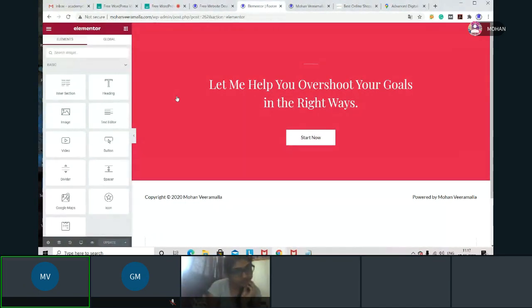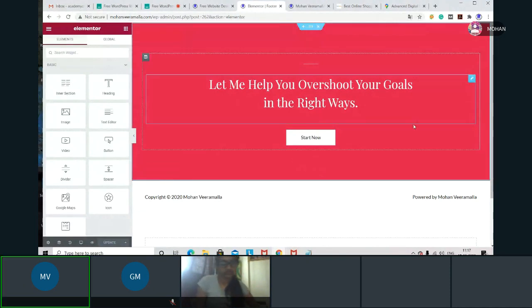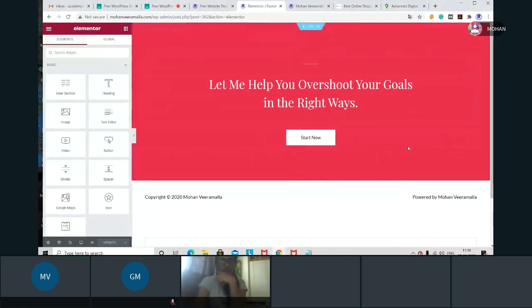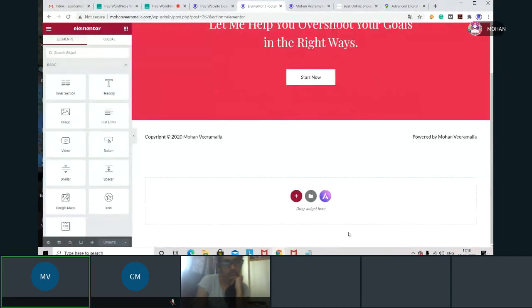Now see, I went to this footer and I'm editing with Elementor. Elementor is a plugin with which we can manage and design the page. When I hover, I can see some blue lines here. That means Elementor is supporting this part. Now when I scroll down, it is telling us to add something, so I can add something here.